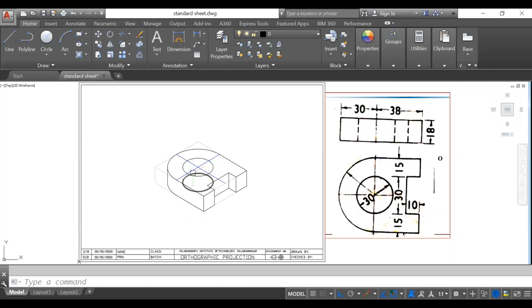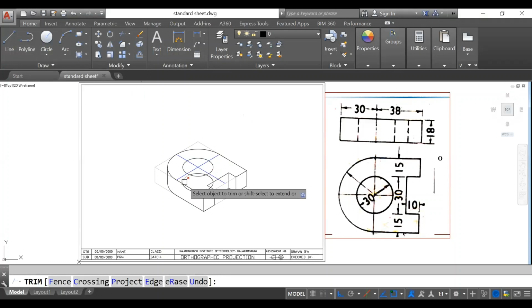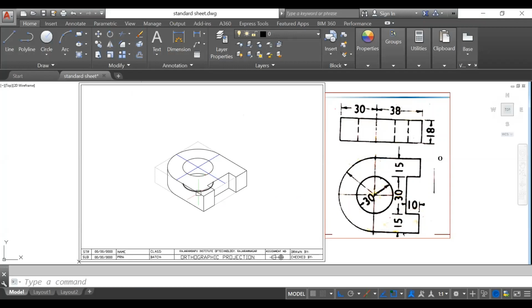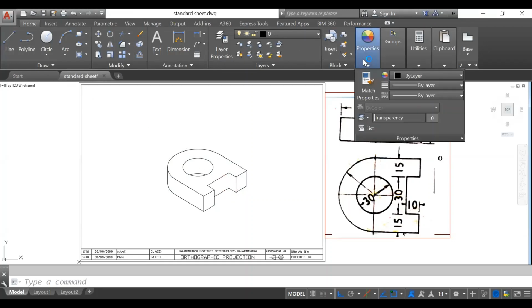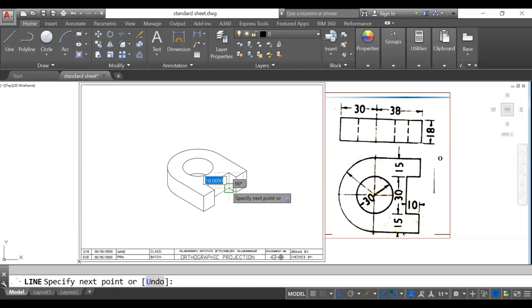Okay, and then only this part we have to keep, other part we have to trim. So it is required to trim this part, this one, as well as this one, and then you can delete this part. Okay, and then finally you can just delete these center lines as they are not necessary. Then finally you can delete this initial. While removing, one of the lines was deleted here, so I will join it again from this point to this point. Okay, so this is your final answer.